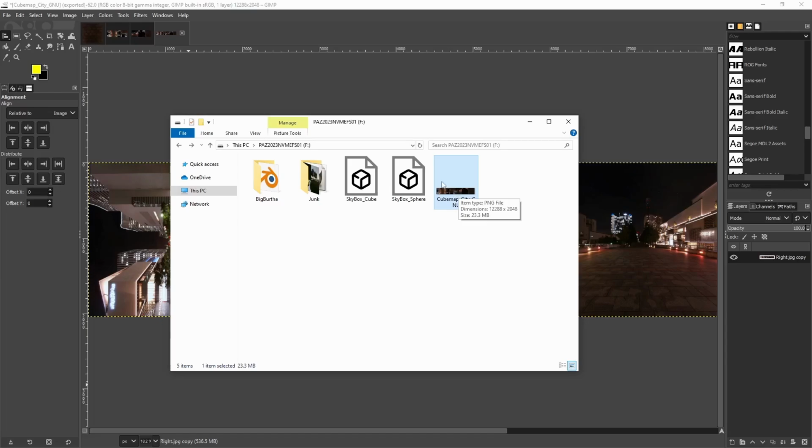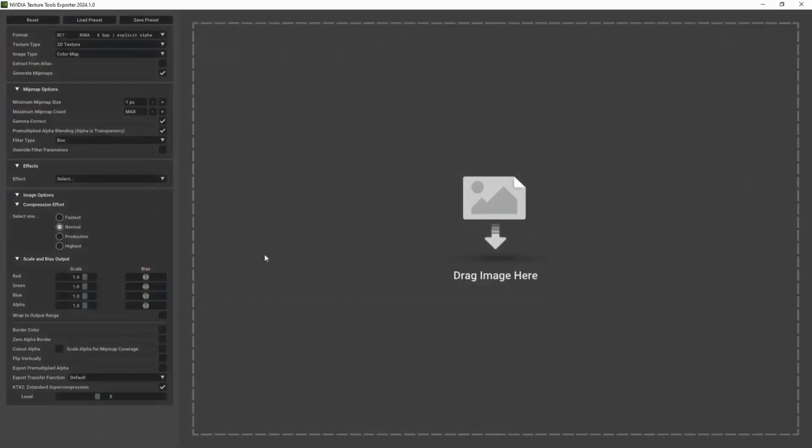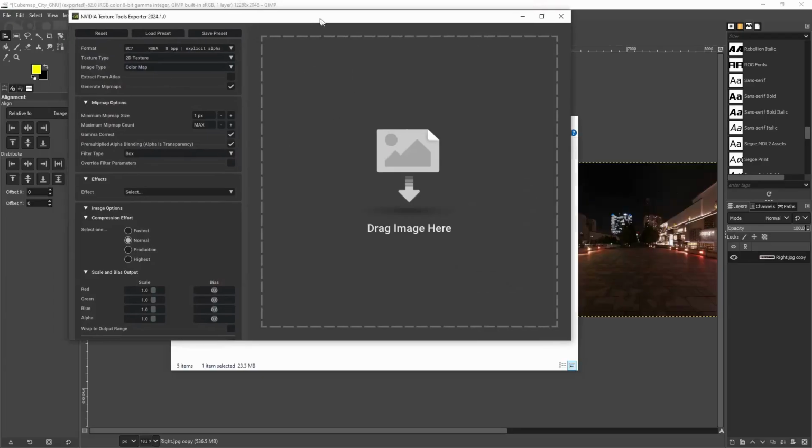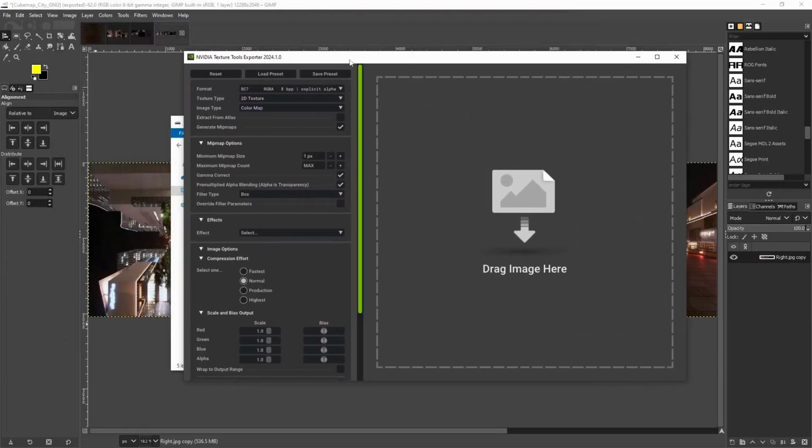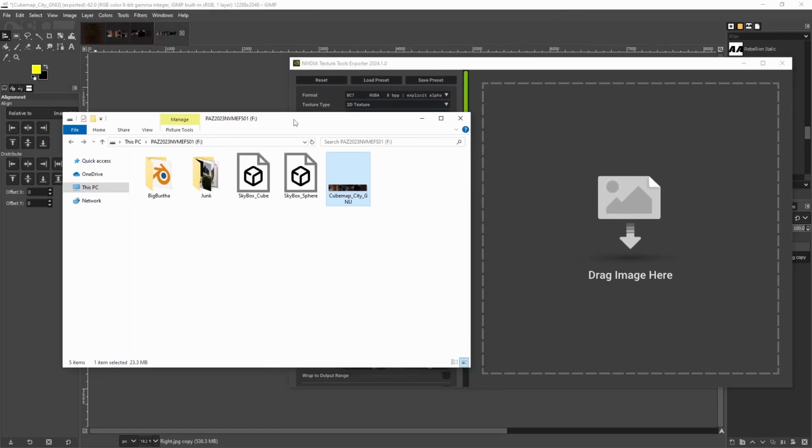There's a number of different ways you can do this. You can use an AMD tool, but I'm going to use the NVIDIA tool, which is free. It also has a plugin available for Photoshop, so if you do work in Photoshop, it is a little bit easier for you. Otherwise, you can download the standalone NVIDIA Texture Tools exporter. And it's pretty simple. As long as you're using a file, it'll recognize it as a cube map. So when we drag it in here,